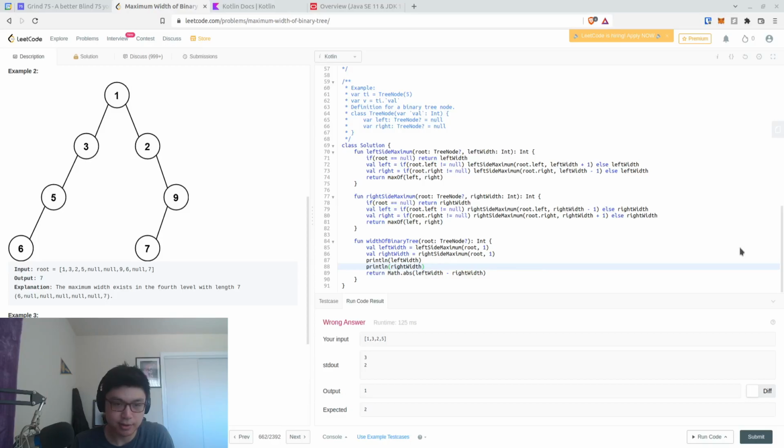I wasn't expecting to be lost on both of these problems today, but BFS was too slow, and I think that makes sense because there are just a lot of potential nulls that you encounter, right? So just a lot of nulls to encounter. So that obviously creates a TLE